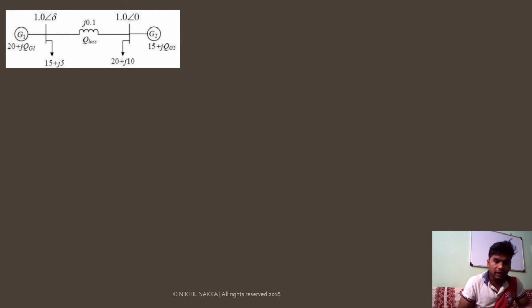So let us assume how the active power is actually flowing here. Now just look at this generator 2. This generator 2 is generating a power of 15, but the load connected at this bus, bus number 2, is consuming an active power of 20. That means 15 is coming from here and the remaining 5 must come from this transmission line, right? Now you look here, generator 1 is generating 20 megawatt. Here 15 megawatt of power is being drawn by the load. That means the remaining 5 megawatt or 5 per unit power is flowing in the transmission line.